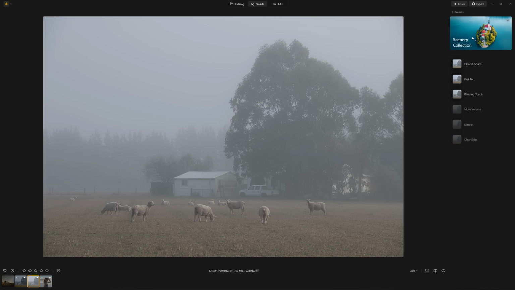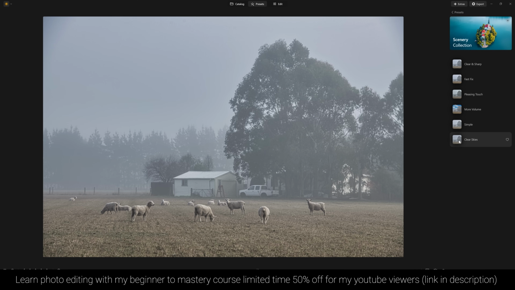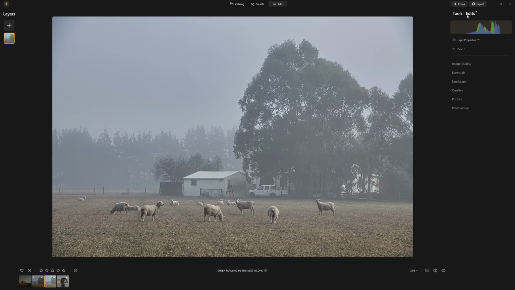go into the scenery collection and just have a little look whether there's any of these options that we particularly like. Let's suppose clear skies looks like it's adding quite a bit of clarity to this photo. So let's apply that and find out how it's doing it. So I'll jump into the edit section once more, come into the edits tab, and here we go, we've got